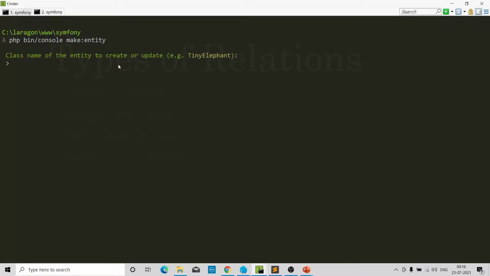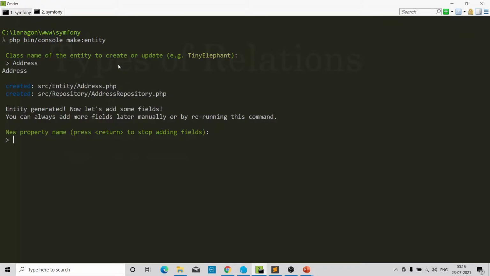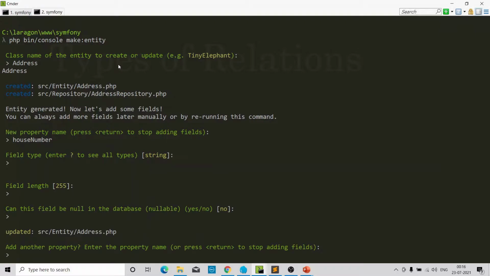In this case I will create an entity named address. House number. Now we will make a relation between address and user and we will choose one-to-one relation.